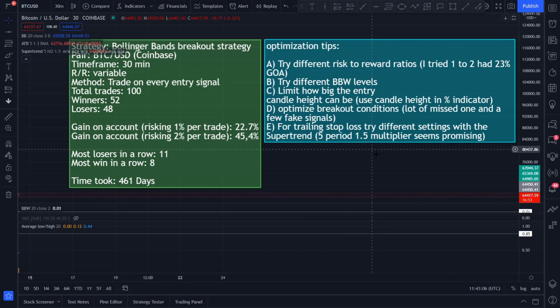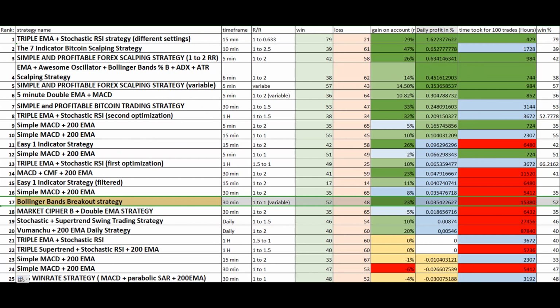Before I end this video, let's take a look at the strategy ranking sheet to see where this strategy is placed. Today's strategy, the Bollinger Bands breakout strategy, took the 17th place of currently 29 tested strategies. The strategy could have been placed much higher with some optimization and some filtering. I will link this ranking sheet down in the description where you can check all the different strategies we have tested so